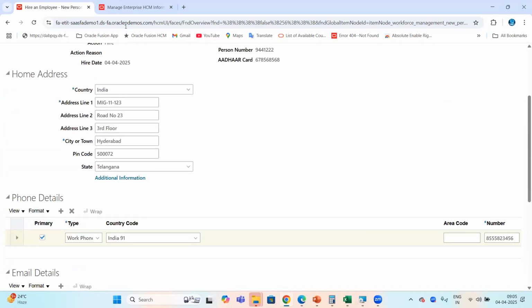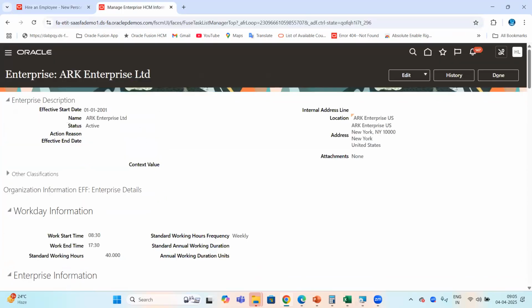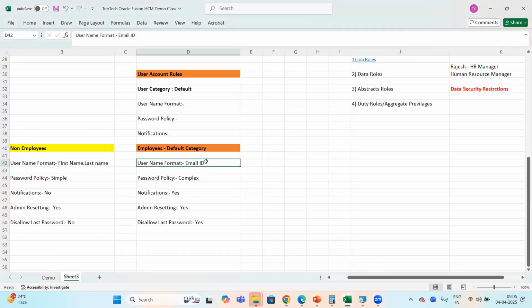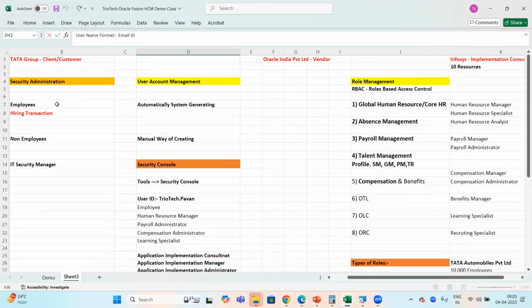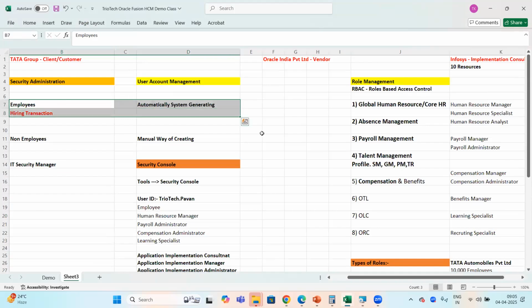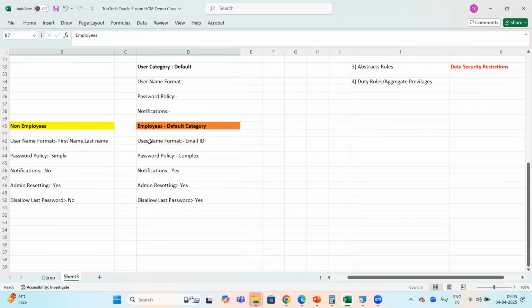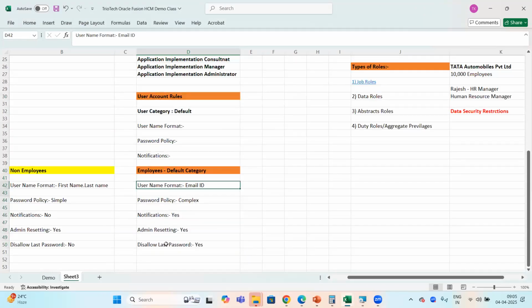The default category rule we set up has username format as email ID. And as I told you, all employee accounts by default will be created under the default category. So whatever user account rules you want to maintain for the